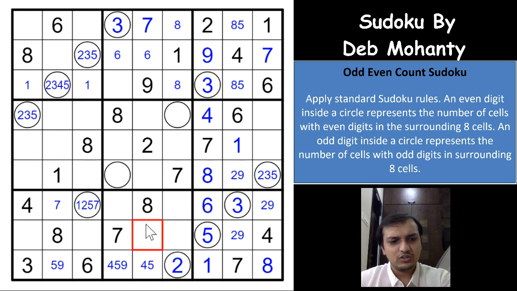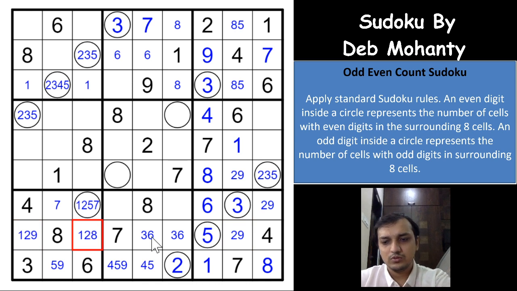Nothing much here. 3 has to be in one of these two cells because of the 3 here, and 6 also will have to be in one of these two cells because of the 6 here, and you don't have a 6 here. Okay, I did some mistake. Okay, yeah, sorry, no, 6 is already here and 6 is here. 6 has to be in one of these two cells, which means you got a 3 6 pair here in this row. So 1 2 9 are the digits remaining, so it has to be 1, 2 and 9 in that row.